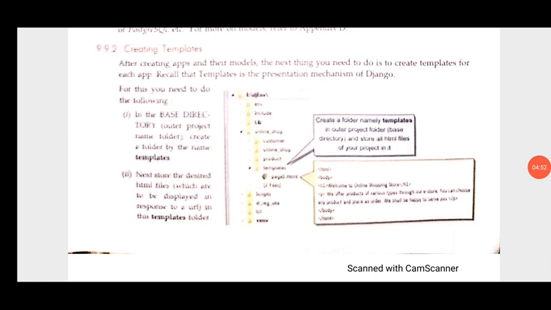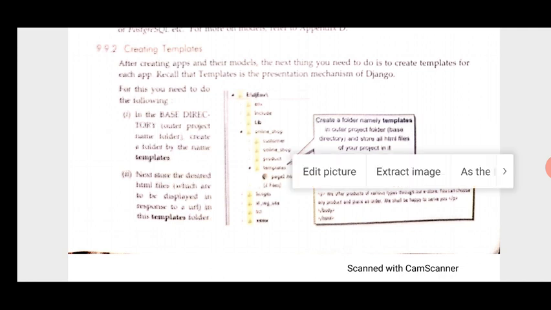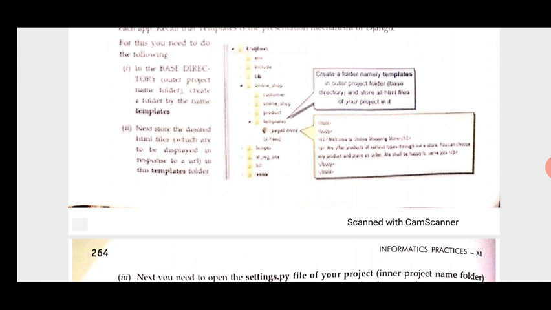Next one is creating templates. A template is responsible for creating the layout of the HTTP response file. A template can be used to define the structure of any type of file, in HTML and other formats. So the steps for template creation: first, in the base directory, create a folder by the name templates. Next, store the desired HTML files which are to be displayed in response to a URL in this templates folder only.